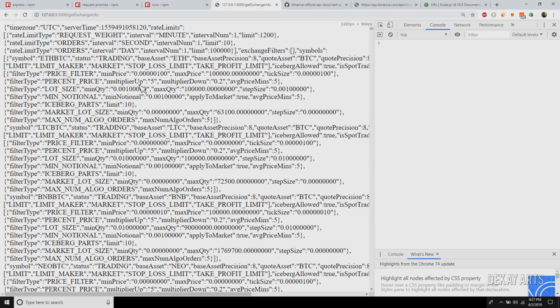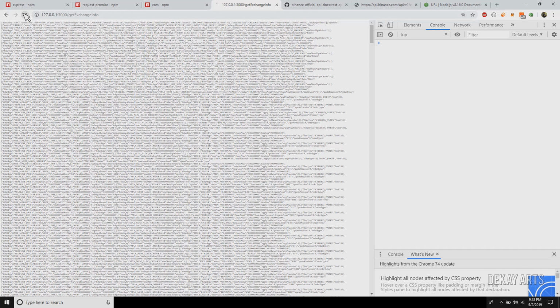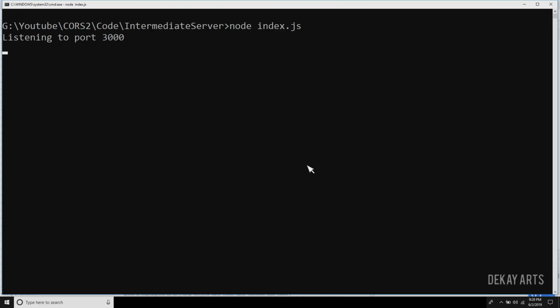The reason you see this all in the text format is because generally when we get the response back, it is in the string format. So if we do a json.parse, if we convert it to JSON, then we get the data all formatted. Let me hit refresh. Okay, I have to restart the server.